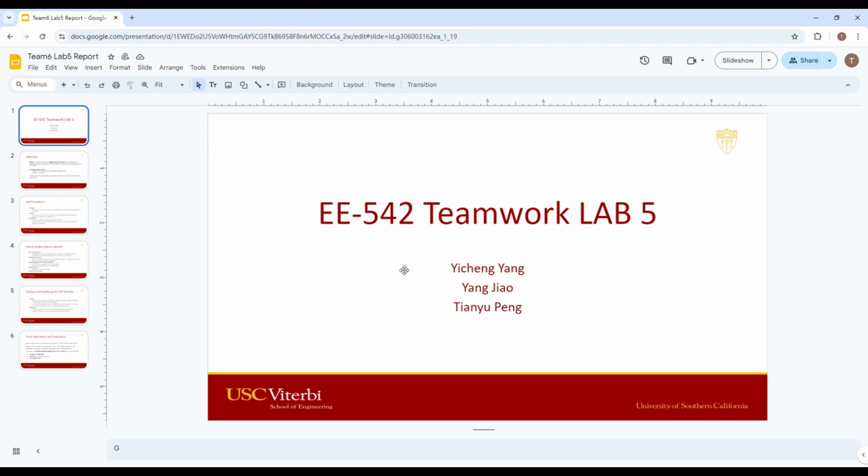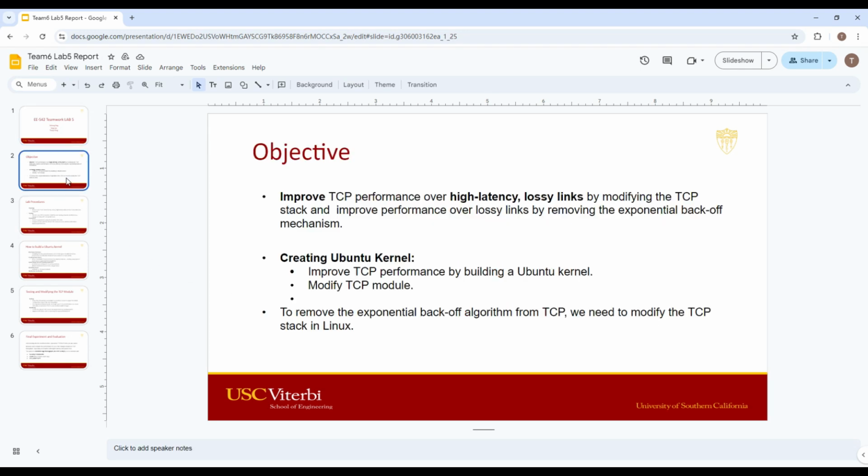EE-542 Teamwork Lab 5 report. In this lab, our objective is to improve TCP performance over high-latency lossy links by modifying the TCP stack and removing the exponential backoff. It is important to remove the backoff algorithm from TCP, and we need a modified TCP stack in Linux or